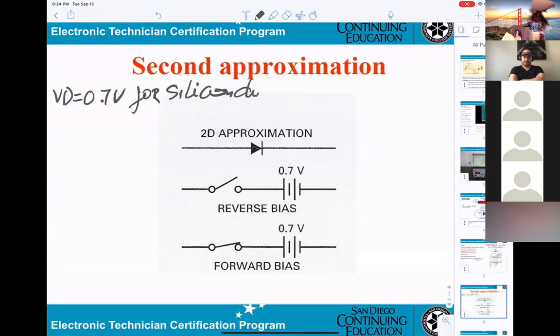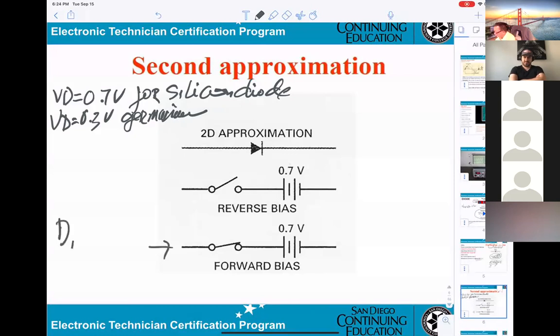Diode, and VD 0.3 volt for germanium. Okay? Normally we're working with a silicon diode. With that we'll be telling you when, in this case here,